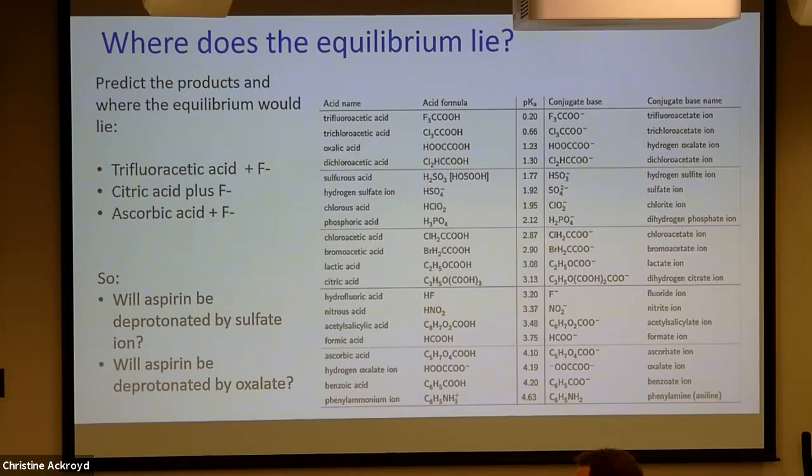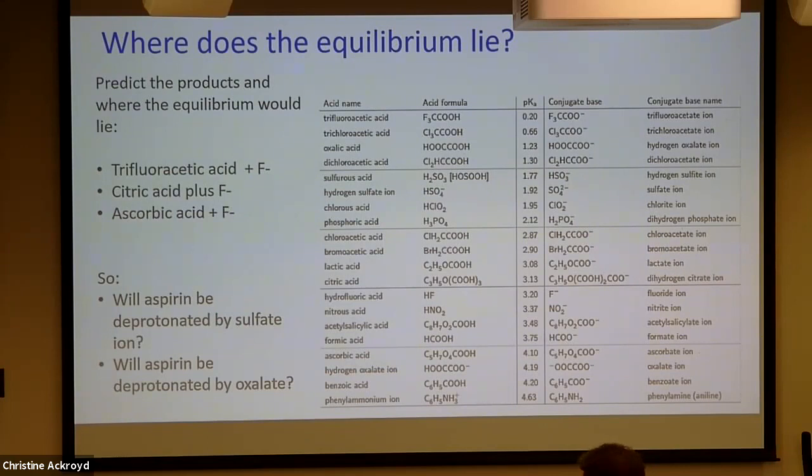Okay. What's the stronger acid? This has a lower pKa, so this is a stronger acid. And this is weaker. Where's equilibrium going to lie? On the left. Okay, you can go through that and say, the stronger acid can have the weaker base, and the weaker acid is going to have the stronger base. And spell it all out. Which way does your equilibrium lie? On the side of starting materials.